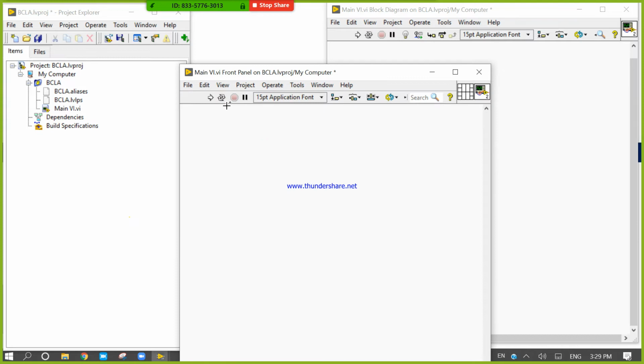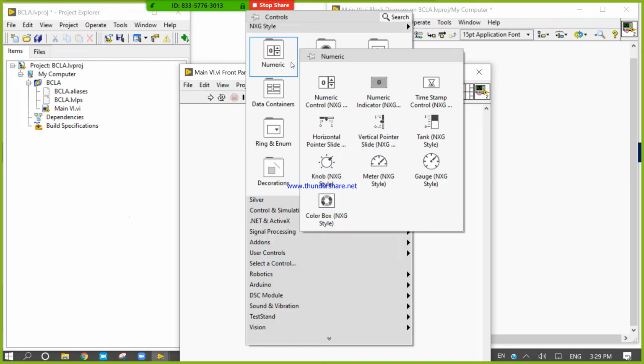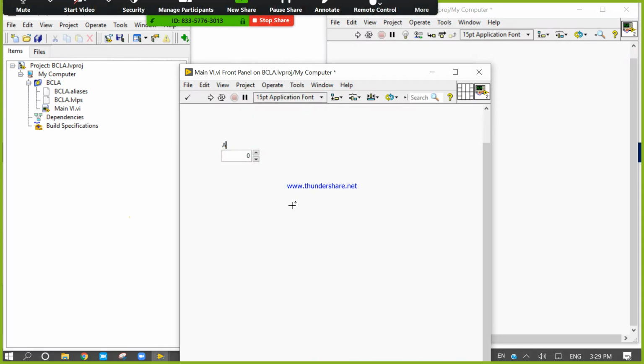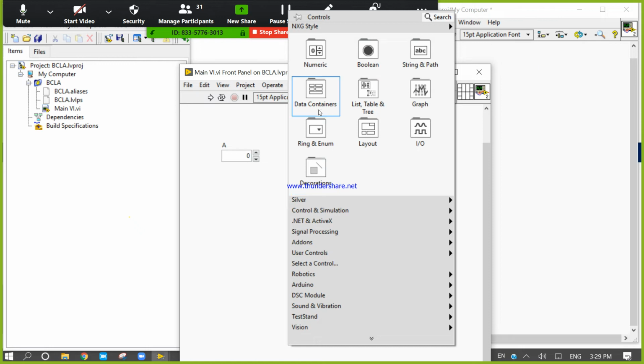Now come to the front panel. Right click, take numeric control, give the name a, right click.